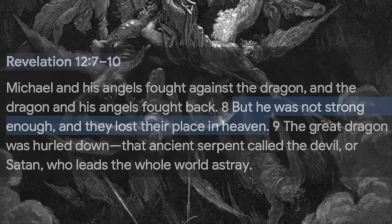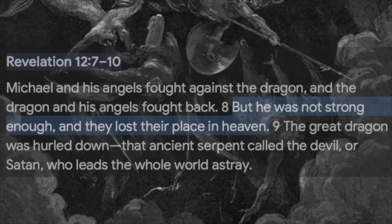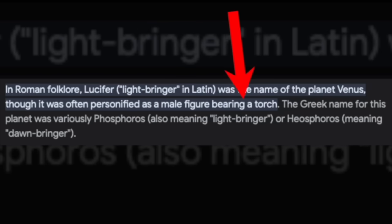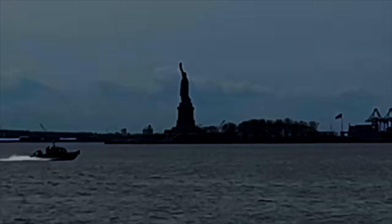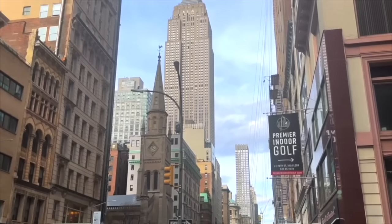And if that is true, that their side is real, then who's to say that the other side isn't real as well? When Lucifer, or the light bringer in Latin, often personified as a male figure bearing a torch. And who else is holding a torch? Satan's little season. New York City, very interesting place, where they supposedly threw this massive building together in a single